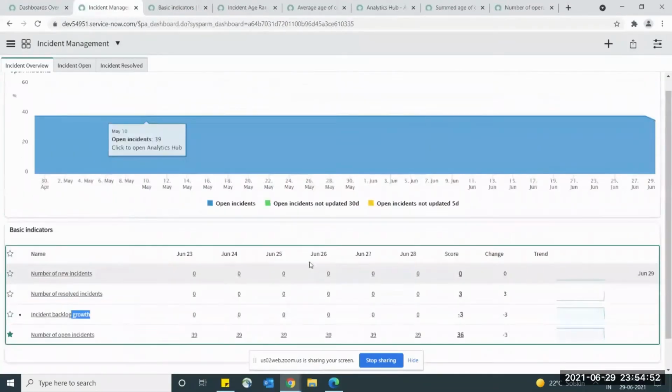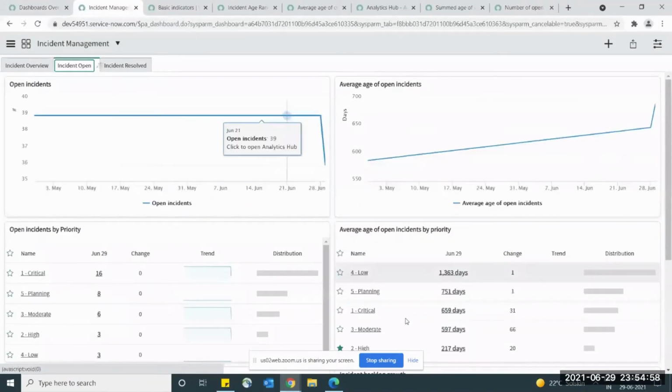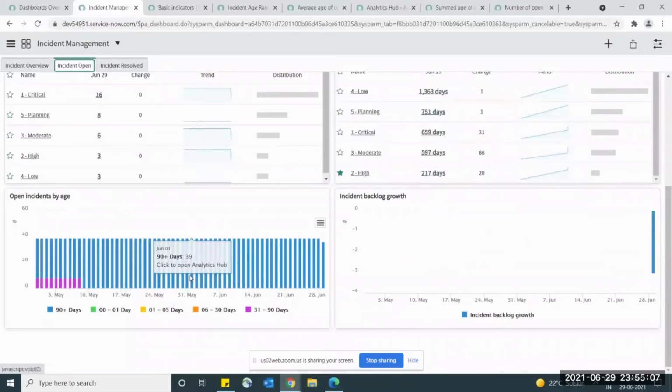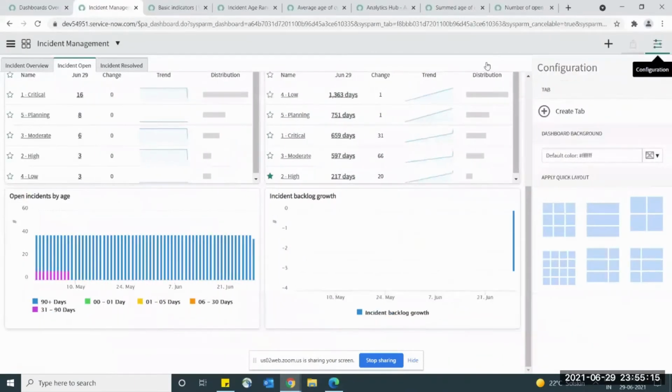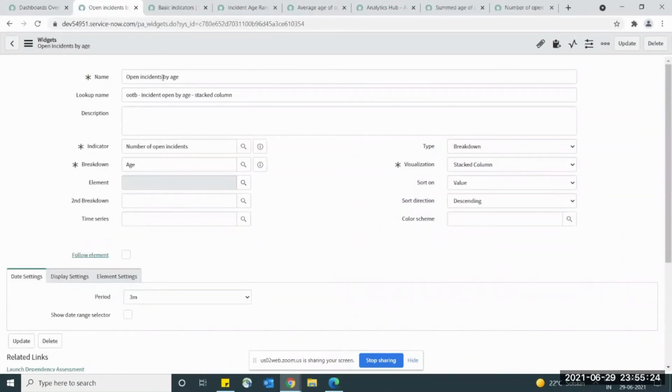And when we see this, it is again a list, but this is a scorecard. Here, open incidents by age. You can just go here and click on the configuration by clicking on this pencil icon to understand what the widget is. And here you can see open incidents by age has the type breakdown, and the visualization is stacked column, and you use the particular indicator and the age, and then